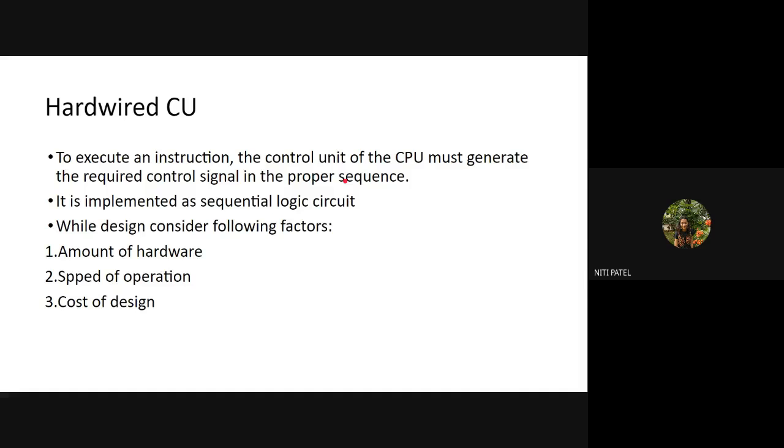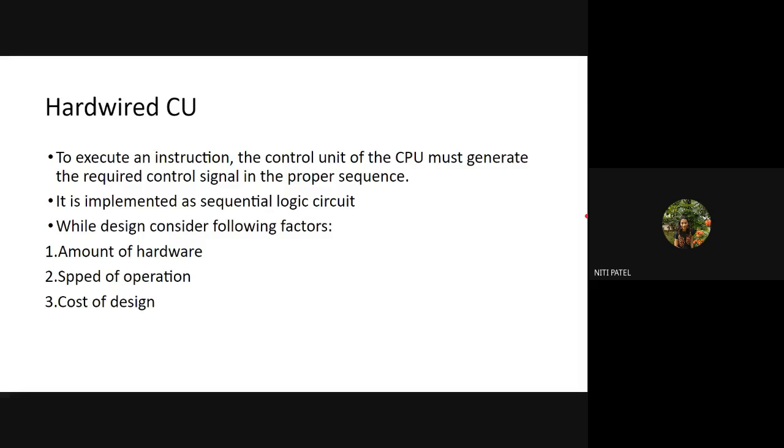मतलब अगर C1 है तो C1 के बाद C2, C3, C4, C5, C6, C7, all this is called a sequence. But अगर C1 के बाद C10 आया तो that is not a sequence. Sequence is 1, 2, 3, 4. So why is it C1, C2, C3? Because control signal 1, C1, control signal 2, C2, control signal 3, C3, like this. Okay. So control signals are numbered as C1, C2, C3. And why are they in sequence? Because they have to be generated in sequence, and what generates them in a sequence is a sequential logic circuit. Okay.